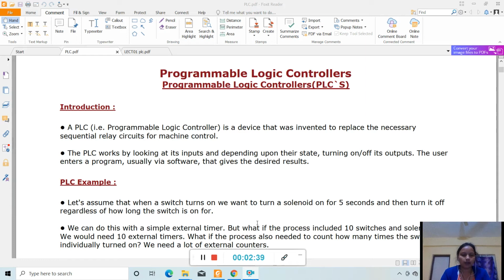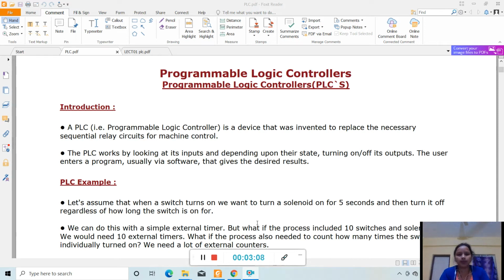For that process controlling, we use a controller. It is a single unit, and this controller is based on a programmable logic. By implementing some program, some logic, we can control that process. This is your programmable logic controller.